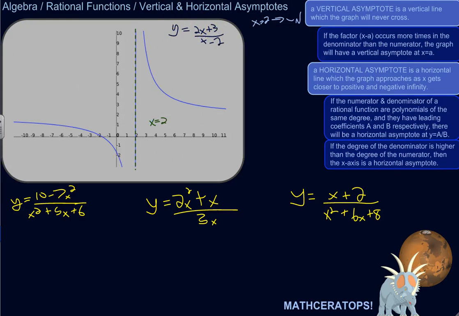So here, these are both first degree polynomials, and the term with the highest degree on the top is 2x, and the term with the highest degree on the bottom is just this x. You can imagine that as like a 1x maybe. So 2x to the first, we could call that 1x to the first. So 2 and 1 are the leading coefficients. So we just take the quotient of the leading coefficients. So we'd have a horizontal asymptote at y equals 2 over 1, also known as y equals 2,